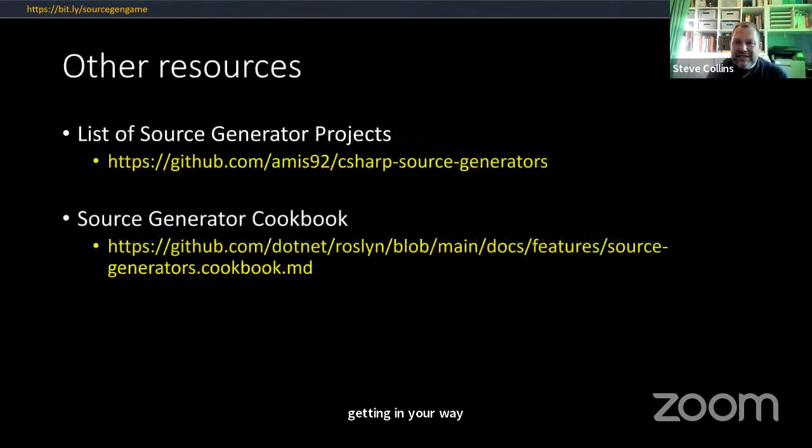So I've got a couple of links here, but I've put them all in the gist that you can see via the bit.ly link at the top. The first is a list of links to a whole load of source code generator projects that you can look at and see if someone has already written something for you, if you want to use a generator. The second is some general guidance about writing source code generators.